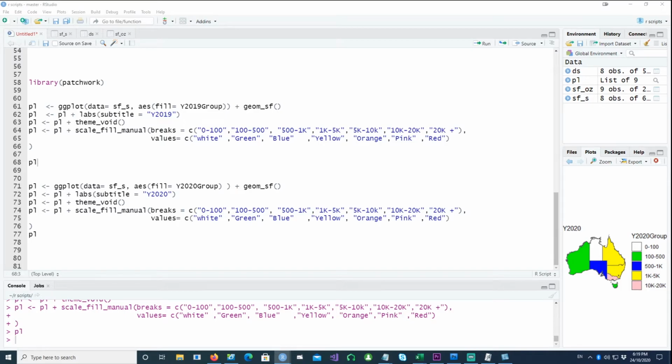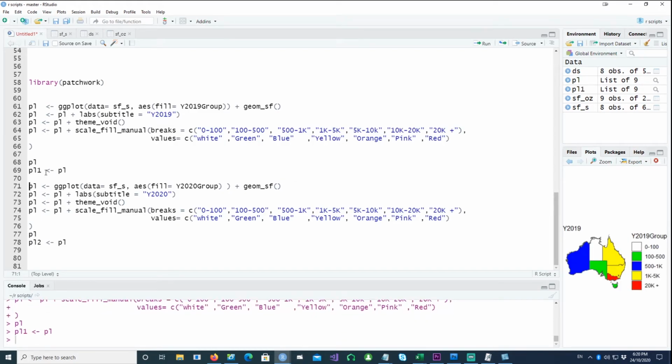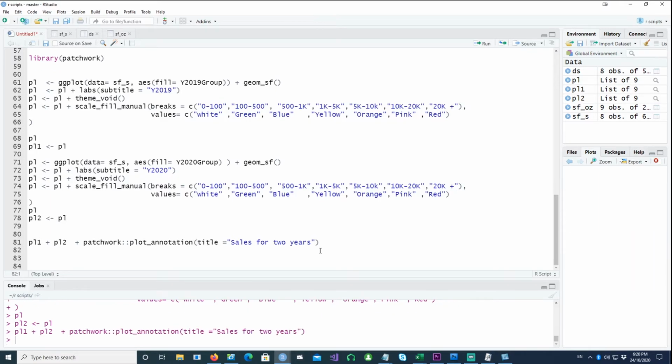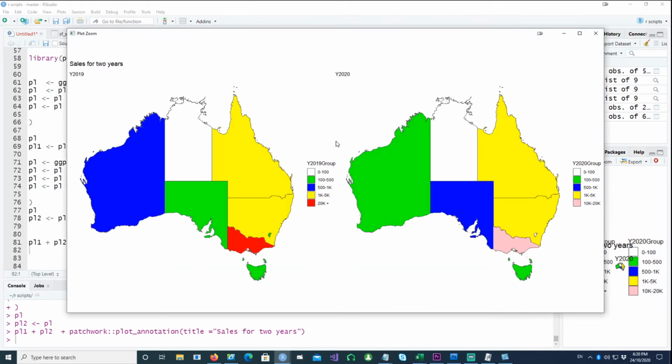So I'm going to issue another command here. I'm going to call this PL1, this PL2. So I'll run this. So I'll get an object called PL1, which is the first chart, and then this is the second one. So PL2 is the second one. Next thing is to do the basic patchwork command, which is going to add both the charts together. So PL1 plus PL2, and then we just want to have a common plot annotation title at the top. So if I run this together, we end up with a plot